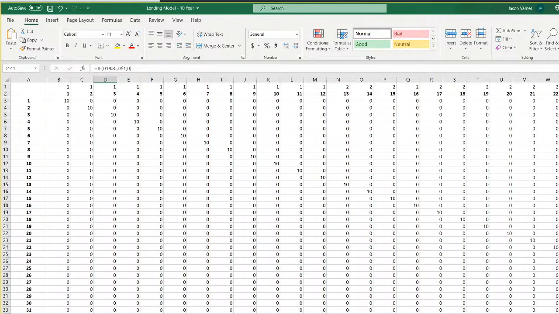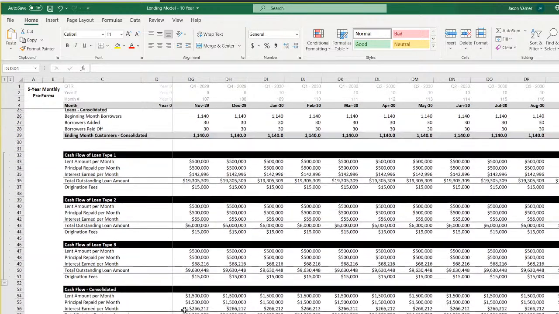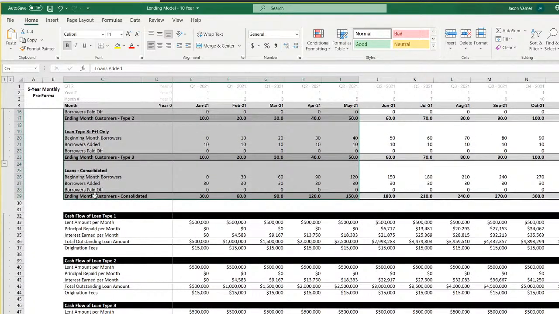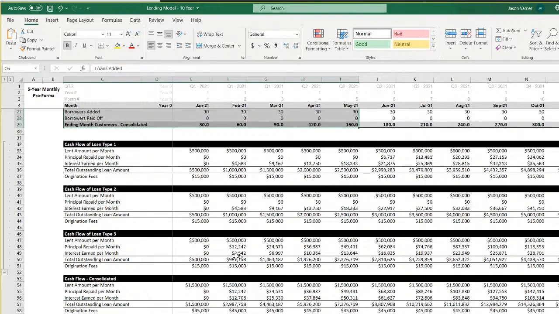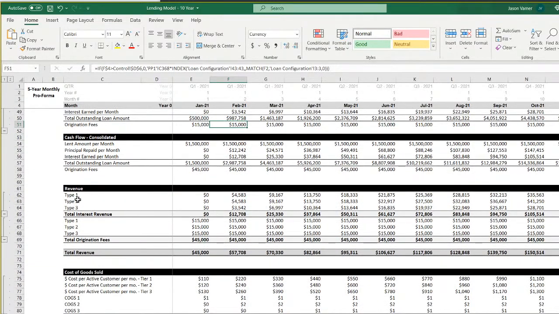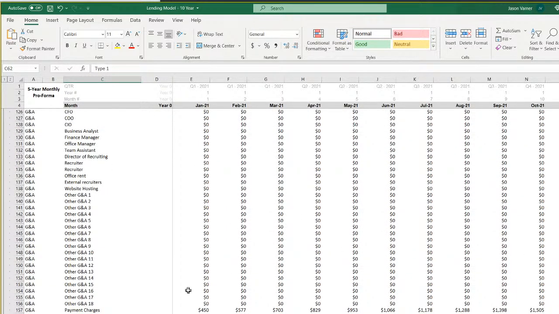So that's done. You've got a monthly and annual detail that goes through all the metrics: loans added, consolidated, the cash requirements, money getting paid back, money going out for the origination, principal repayments, origination fees as revenue, all three revenue and origination fees for each type, cost of goods sold. Then we've got OpEx, G&A